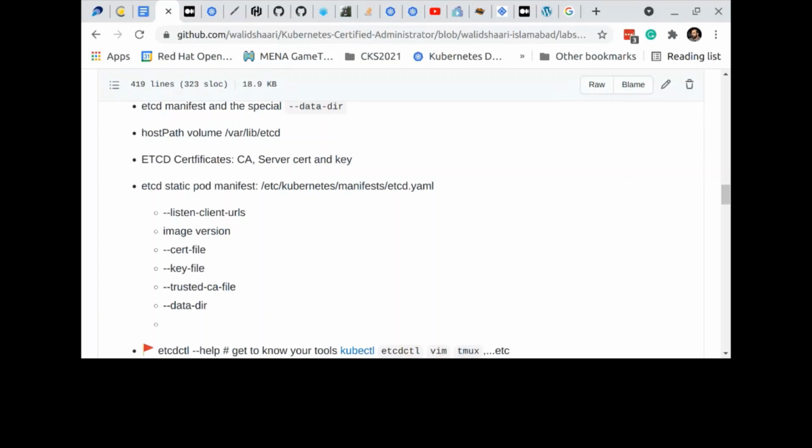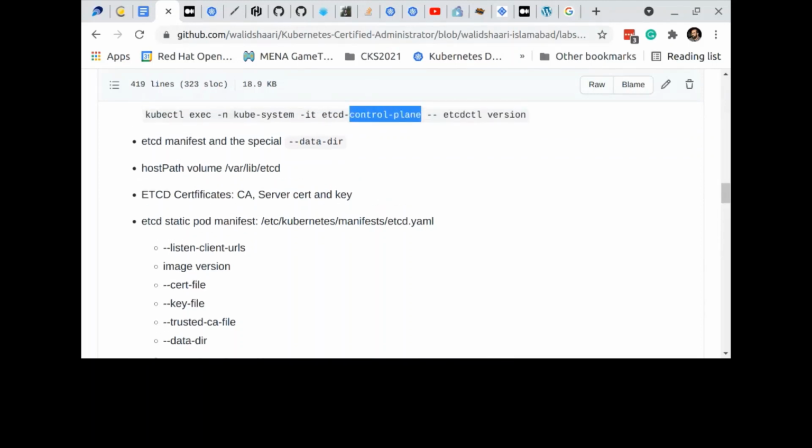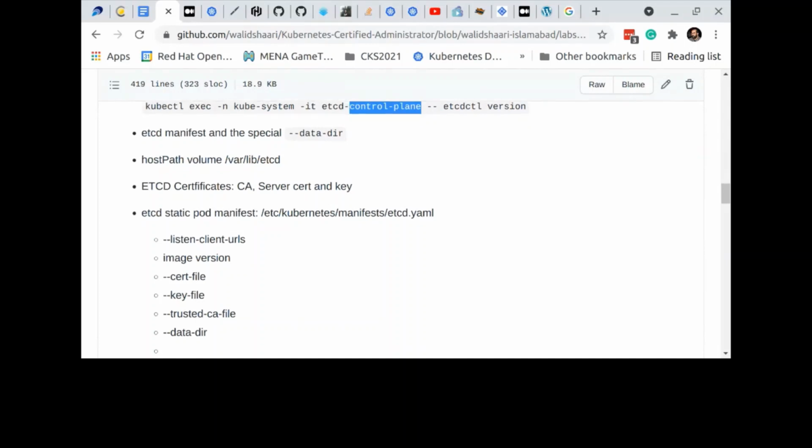The other thing, now we use TLS. Every Kubernetes component communicates with each other using TLS certificates. And etcd has its own certificate because it's very critical and crucial to security, so you cannot share it with the kube-apiserver CA certificate. So you need to know where the certificates are. You need the CA for etcd, and the server certificate and the key.